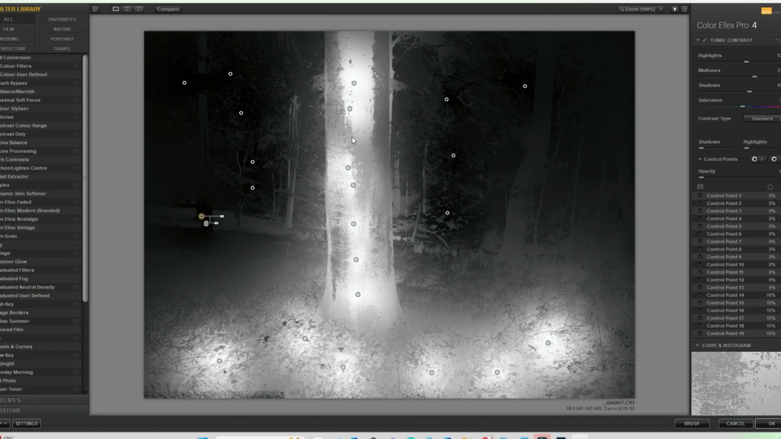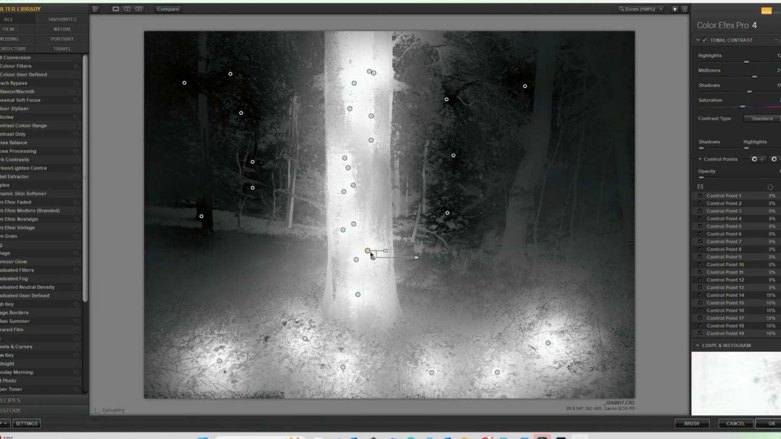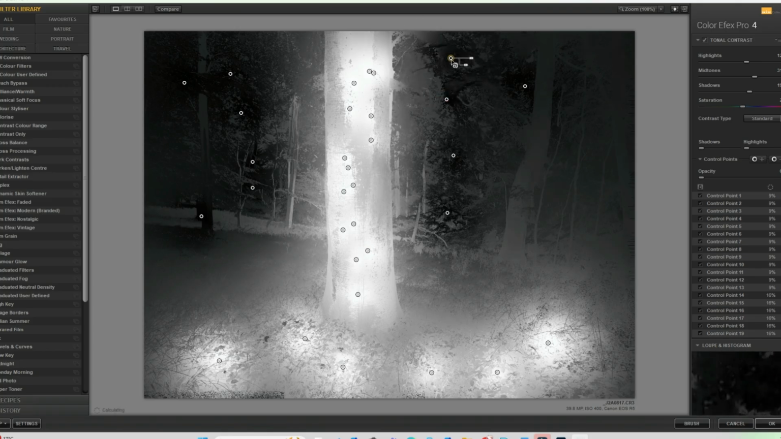And I just want to add a bit more to the tree, just to make sure that the tree is completely getting the contrast boost that I wanted. There we go. I think that's okay. And just then add another -1 up the top here. That's good. So come back out of there, and we just